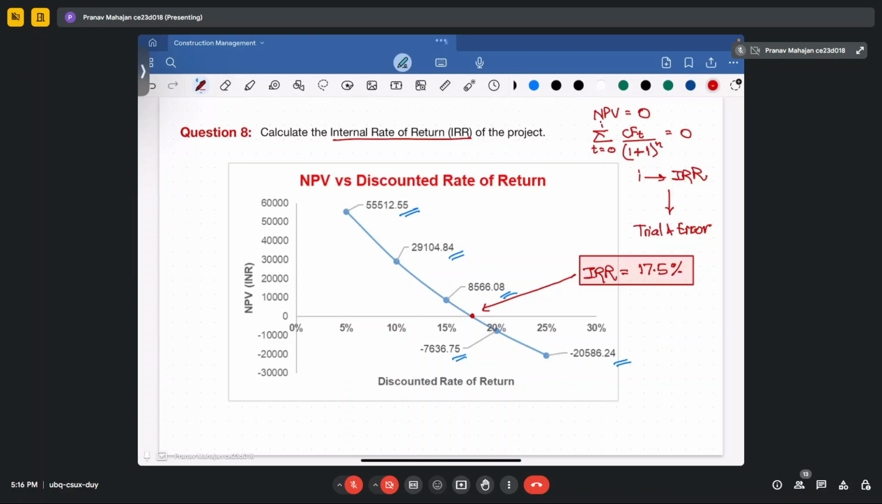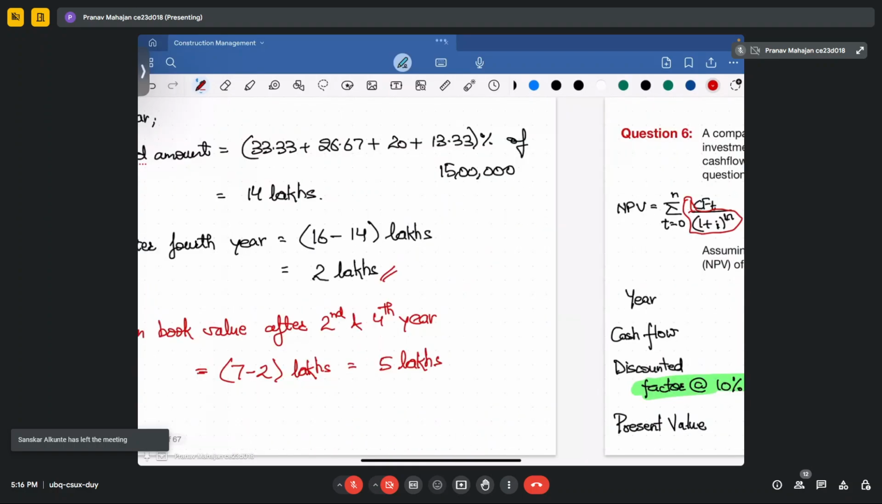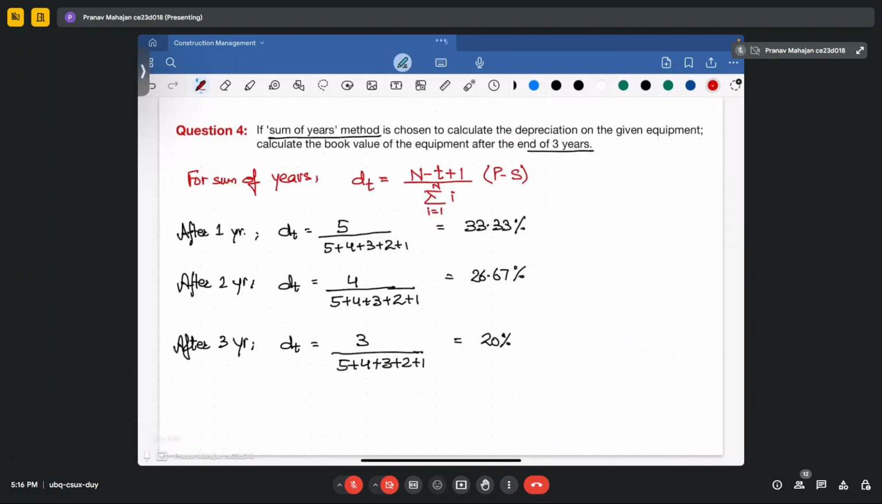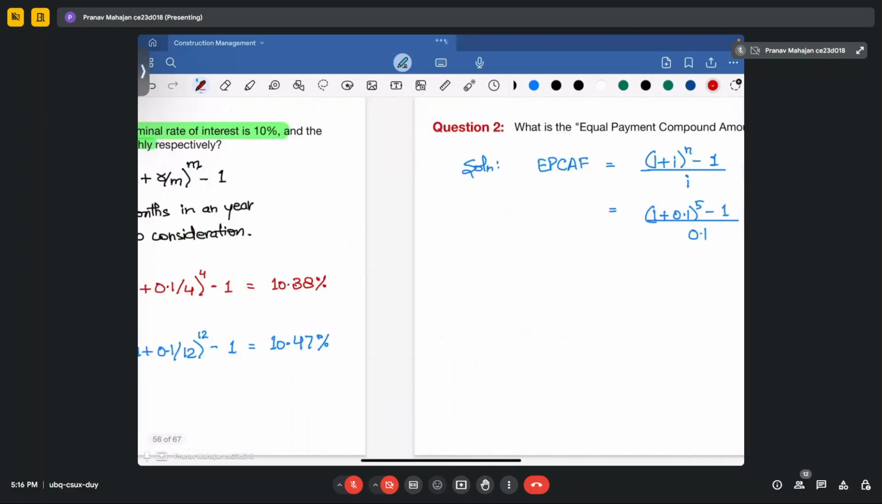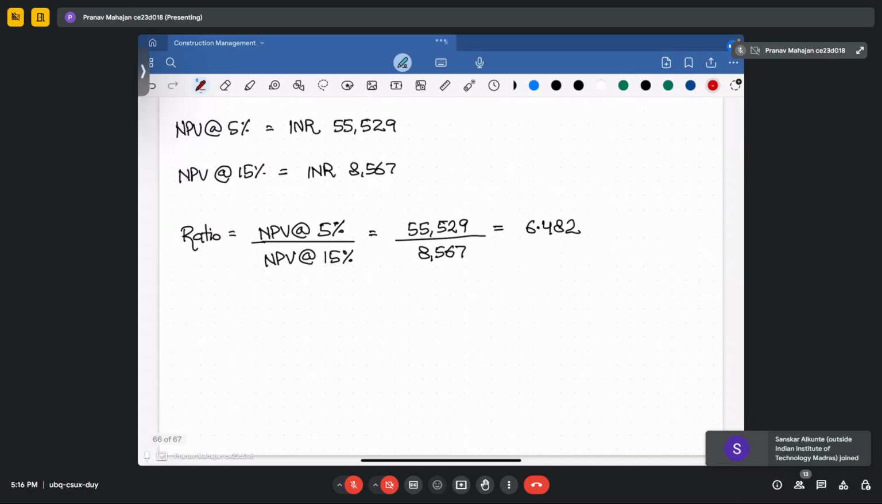सर क्वेश्चन नंबर 1 एक बार और एक्सप्लेन कर दीजिए ना सर, नॉमिनल रेट ऑफ इंटरेस्ट। सो इसमें क्या होता है, लाइकवाइज